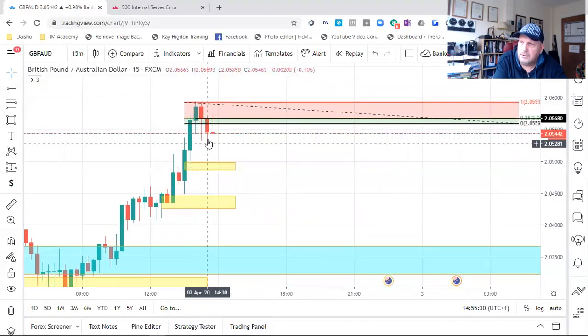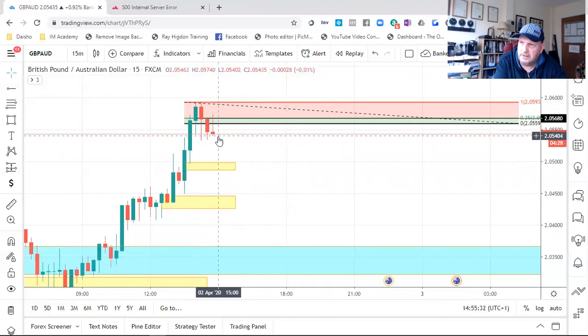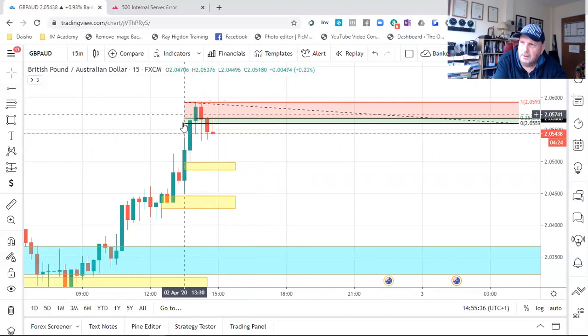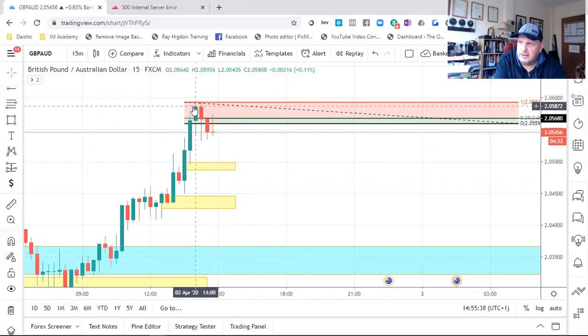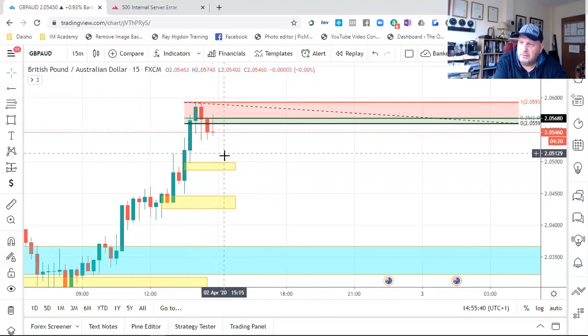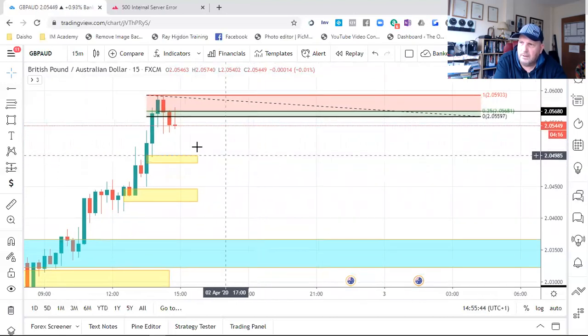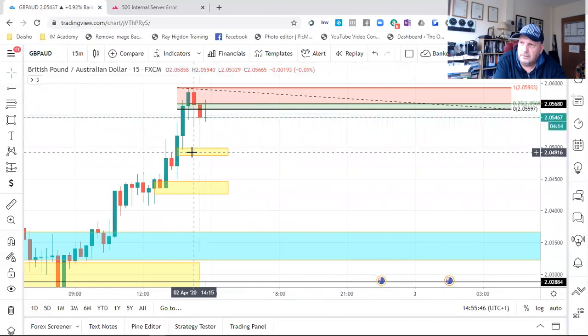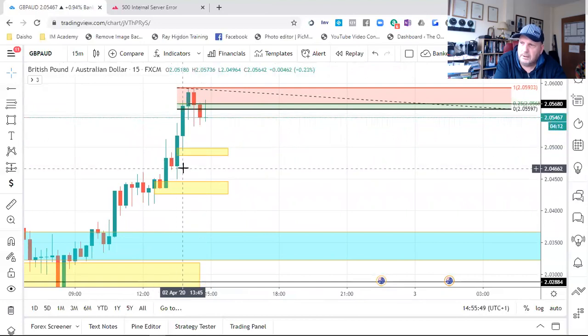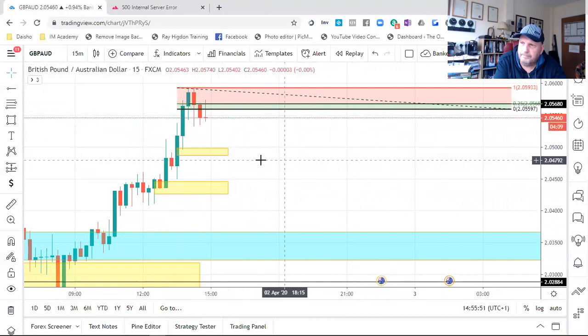But in order to do that, it has to entice traders into the market. So what it's going to do is, this is the last buy to sell candle. It's now selling. So in order for it to continue selling, it's going to need to buy. So on these order blocks here, when it gets down to these order blocks,